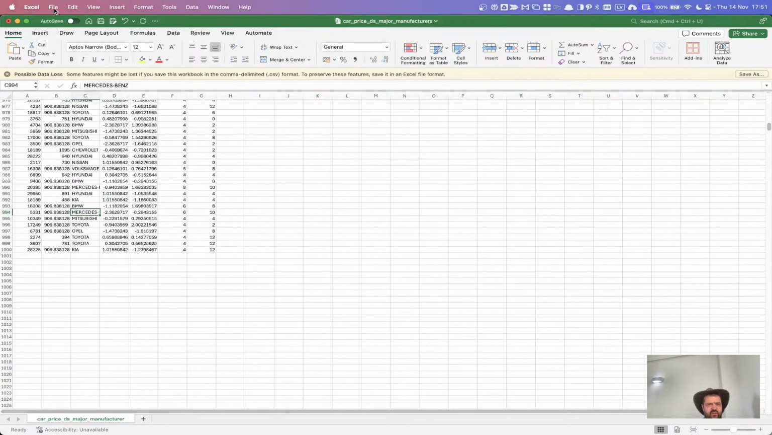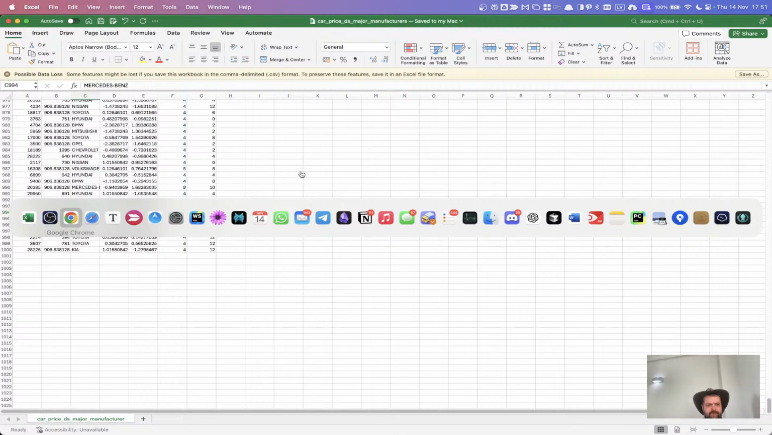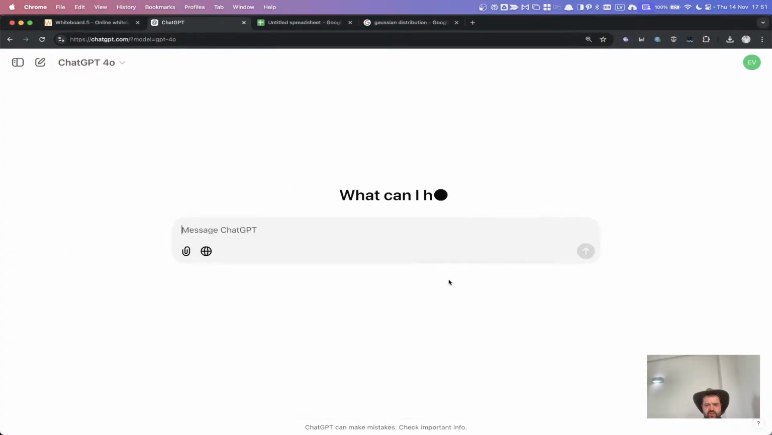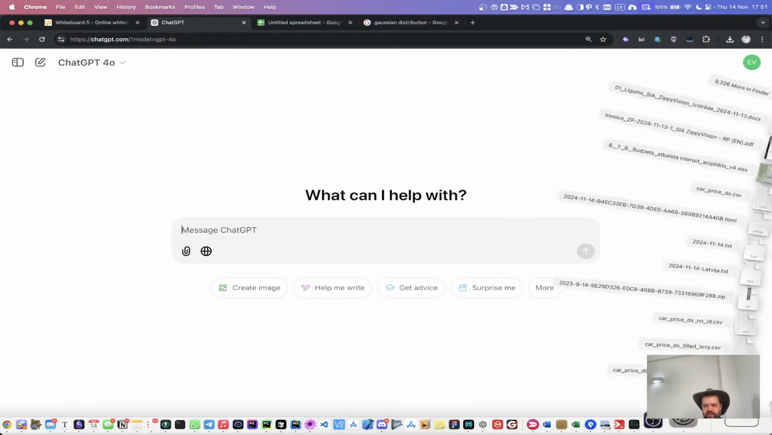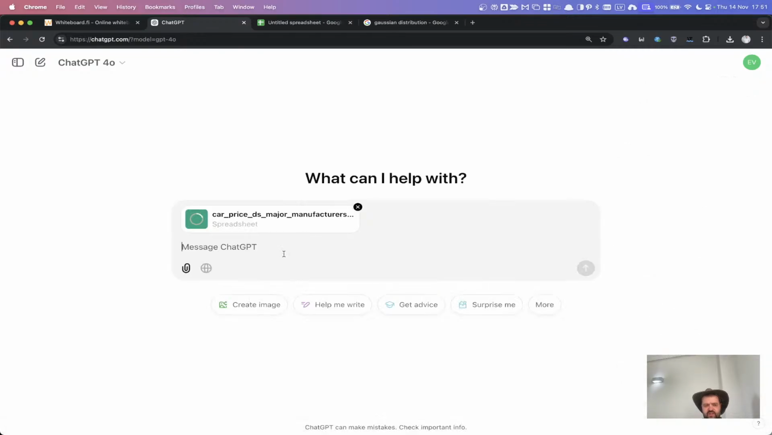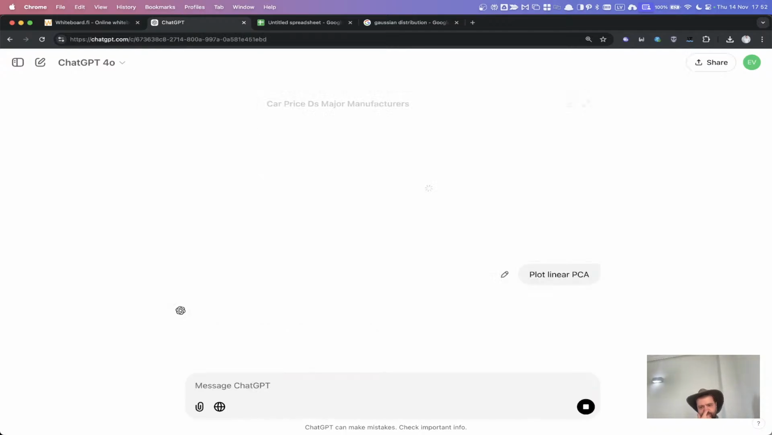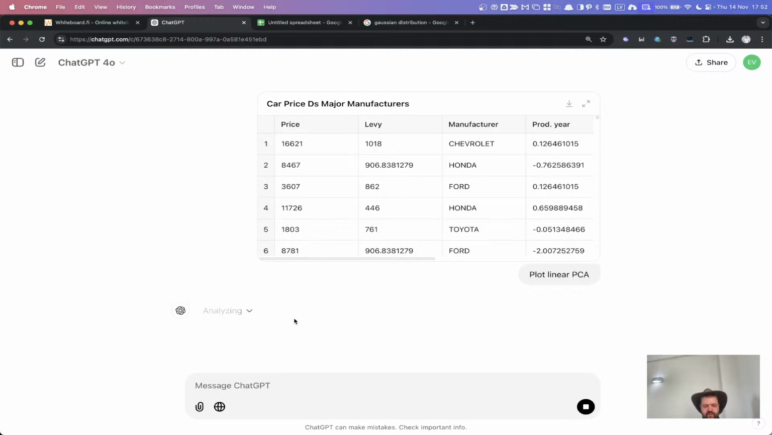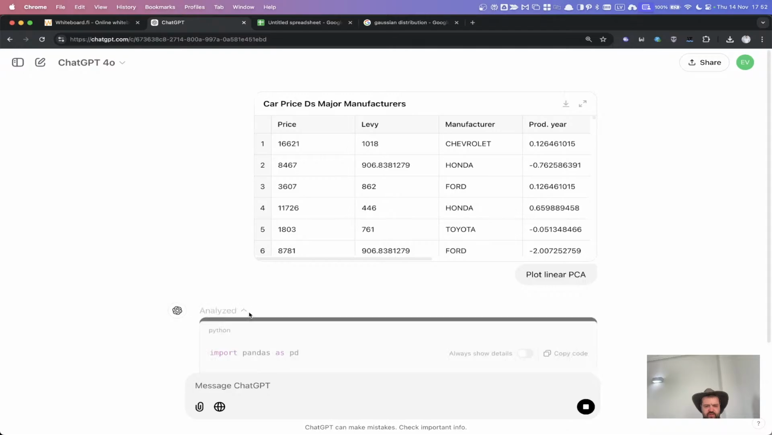Now if I save this and start a new session in ChatGPT, it's always a good idea to start a new session all the time when it's possible. So: plot linear PCA. You'll see, if it does it with 1000 columns, it should work. Sometimes it also depends on how